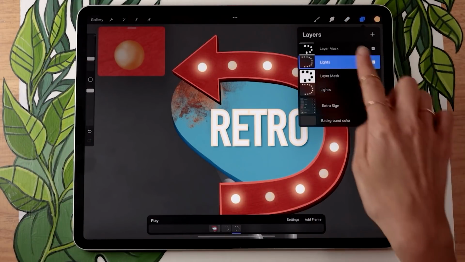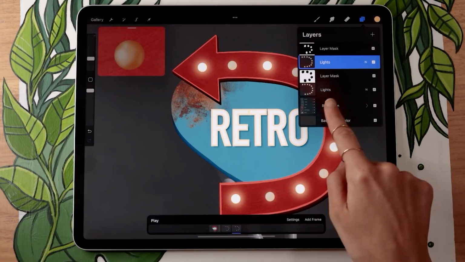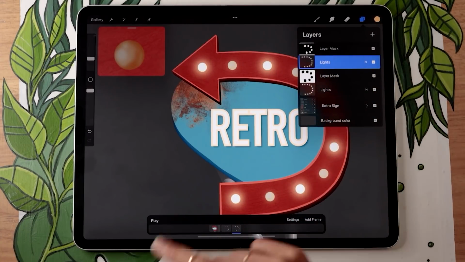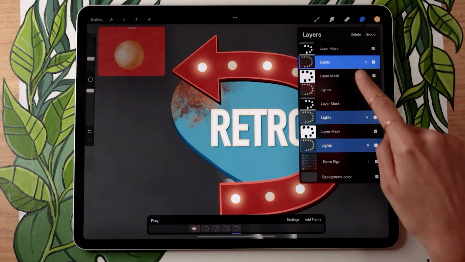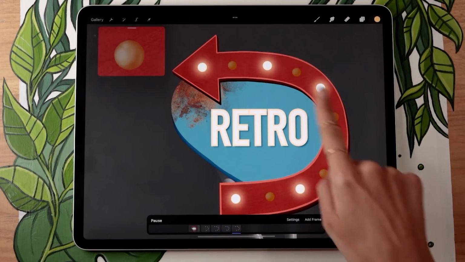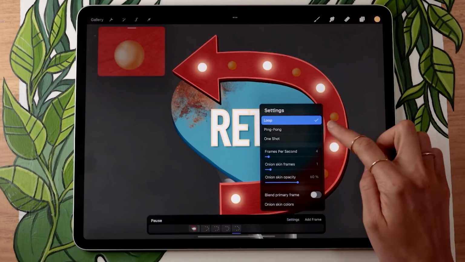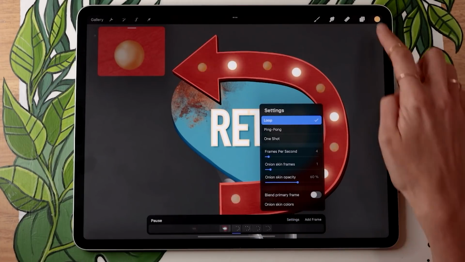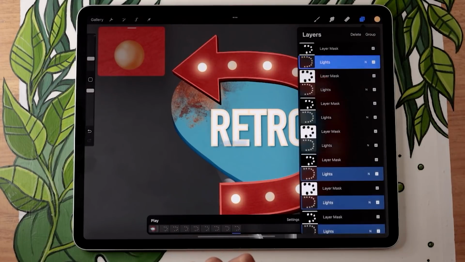So if your animation is too short, all you have to do is duplicate your different layers to create copies of the frame. You can do that very quickly by just selecting all the layers you need to duplicate and then dragging them onto the canvas, which is going to create a copy, as you can see here. So if I click play, we can see the animation is still the same, but right now we have 4 frames, which means 4 divided by 4, I now have 1 second. So I can just repeat the step until I have enough frames for 3 seconds.